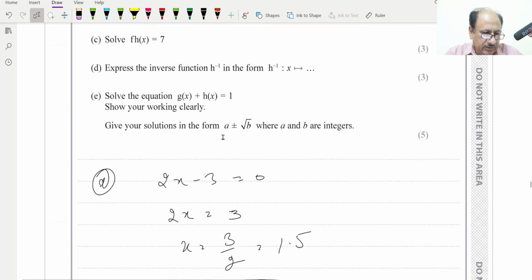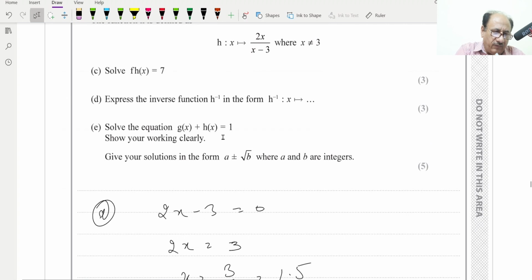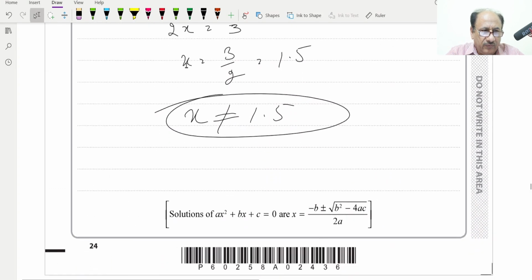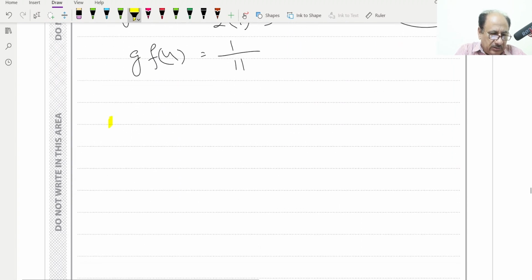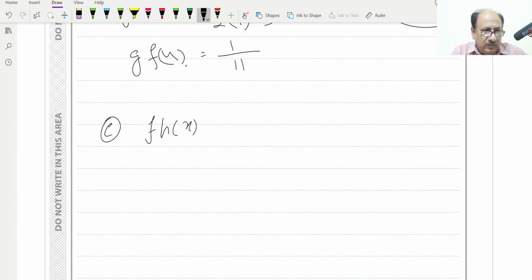Now we can go through basically C part, and C part says f of h of 7. f of h of 7 we have to find, and for that one what we can do, first we will write f of h of x. This is our C part. f of h of x, we have to basically write f of h of x, and this is equal to 4. It is given, so first we can write basically f of h of x,